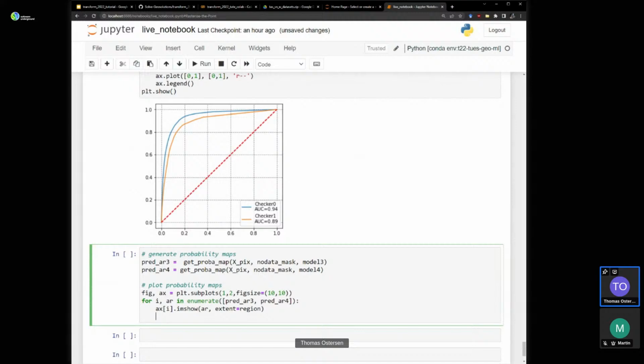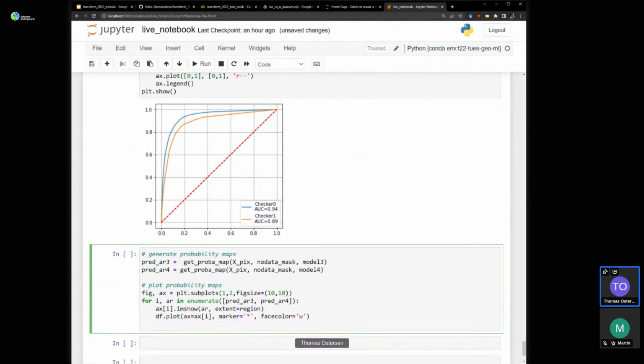Let's plot our occurrences on these as well. df plot axe equals axe I, marker star. Let's go white. That should just work.